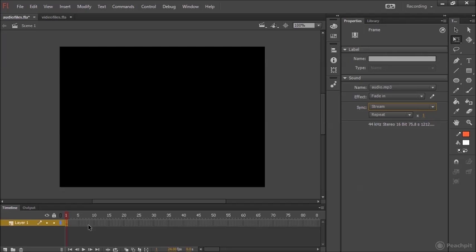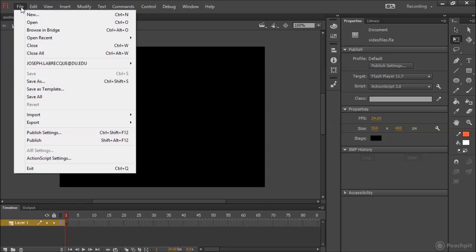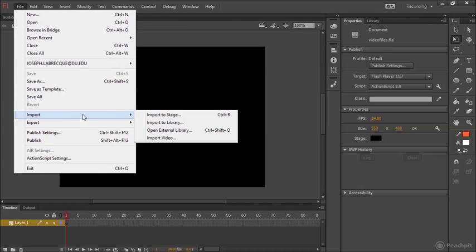So swapping over to this other file I've prepared here, video files, and you'll notice there's actually nothing here either. And generally, you're not going to ever want to actually import video into a Flash Professional document. It's much better to play it back from an external location, or even better to stream it using a server. But it's entirely possible to do this. You'd simply go to File, Import,